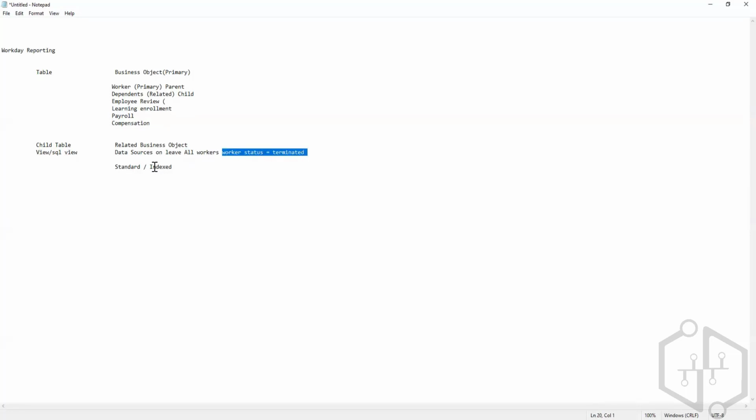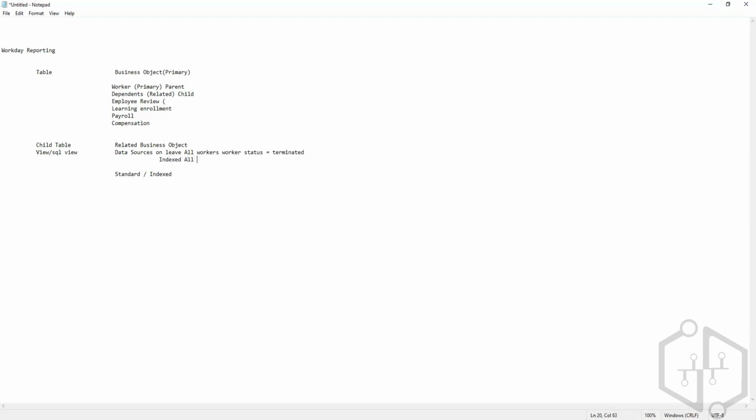Okay, but if you are taking indexed data source, at source level only, if you are choosing all workers as indexed data source type. Now this is a standard one, whatever example that I have given. If you're choosing standard data source called all workers, but you have a requirement to pull terminated employees, you need to write a separate condition here. But if you're choosing the same all workers as indexed,